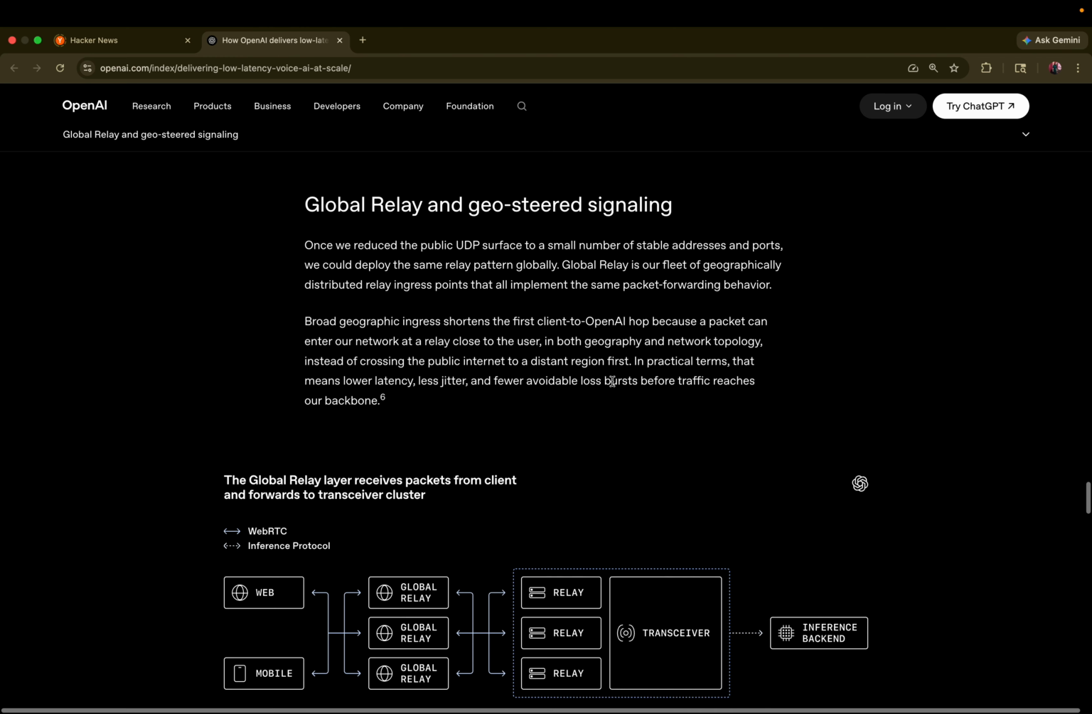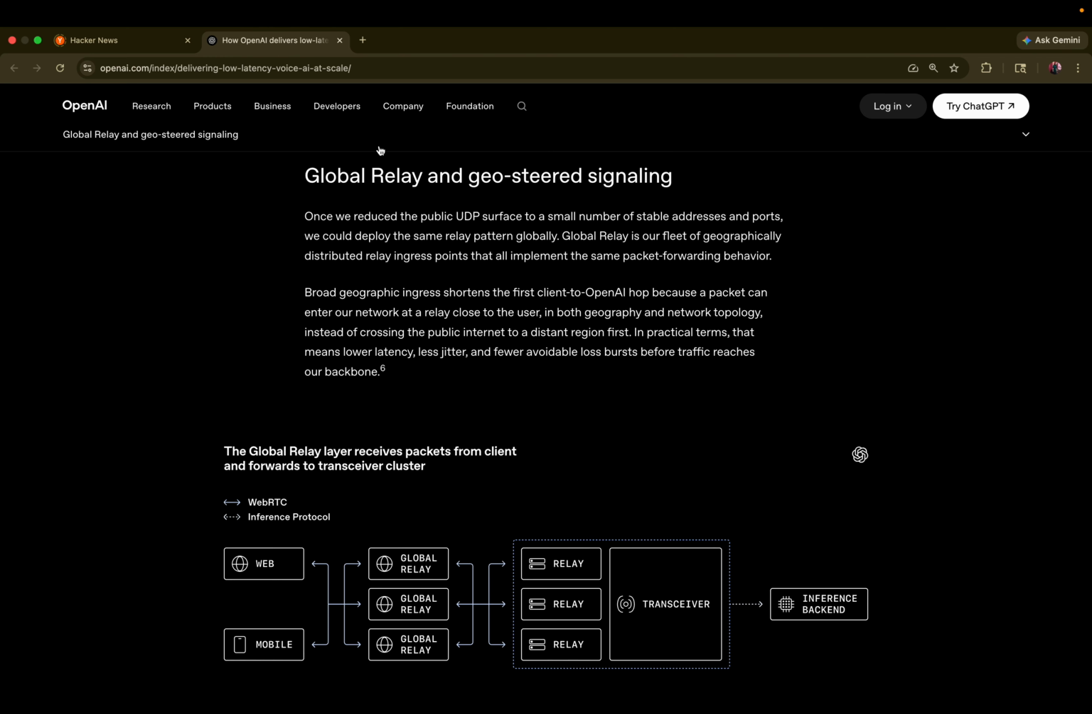Global relay and geosteering signaling. Once we reduce the public UDP service to a small number of stable addresses and ports, we could deploy the same relay pattern globally. Global relay is our fleet of geographically distributed relay ingress endpoints that all implement the same packet forwarding behavior. Broad geographic ingress shortens the first client to OpenAI hop because a packet can enter our network